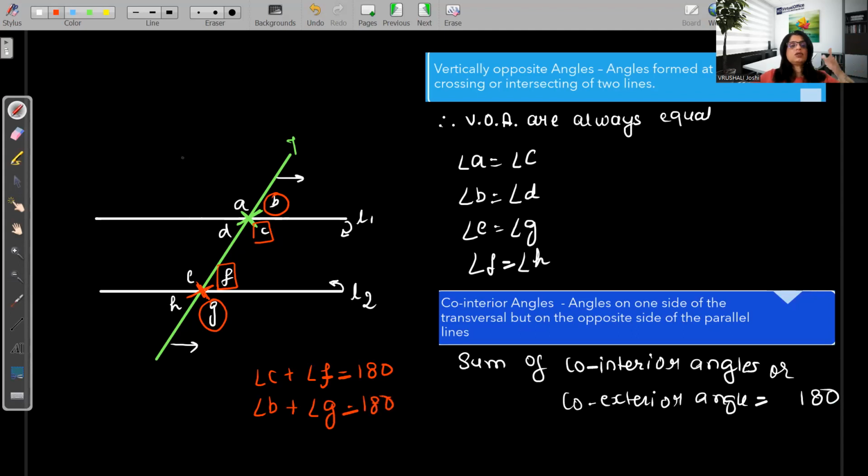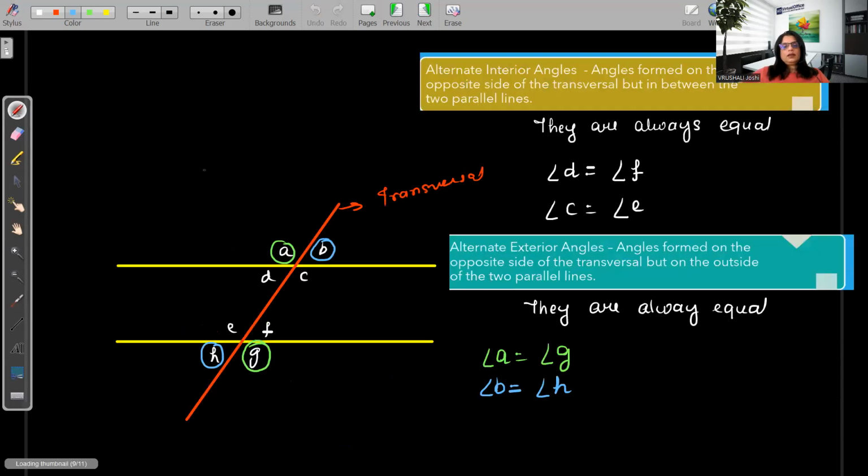Similar thing applies on the other side, correct? We have angle D and angle E. So we have angle D plus angle E, that will give you 180, and angle A plus angle H, that will give you 180. So this is what is co-interior or even co-exterior angles. I hope you're getting what I'm saying, correct? Great. Now,